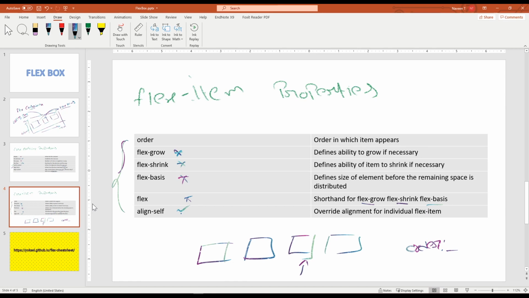Okay, so we will see flex grow. Before we see flex grow, flex shrink, and flex basis in action, let me give a brief introduction to what these are. Flex grow is a property that defines whether the item should grow if there is extra space